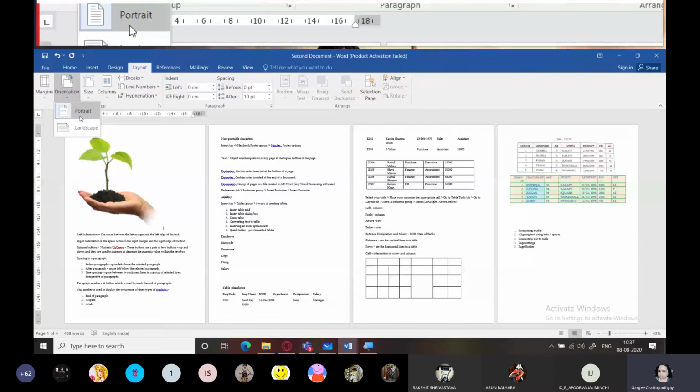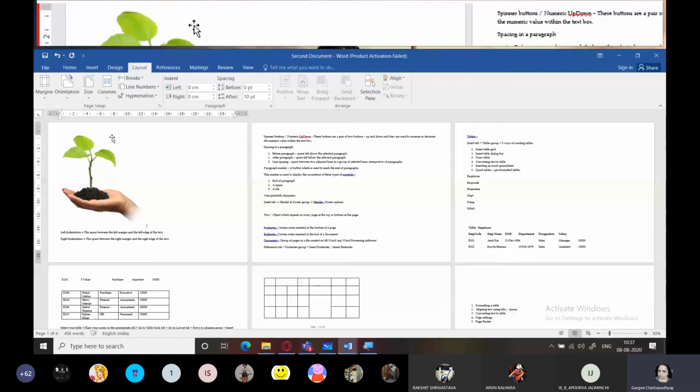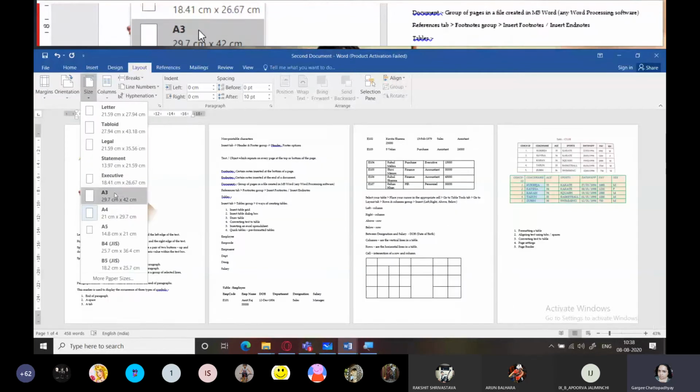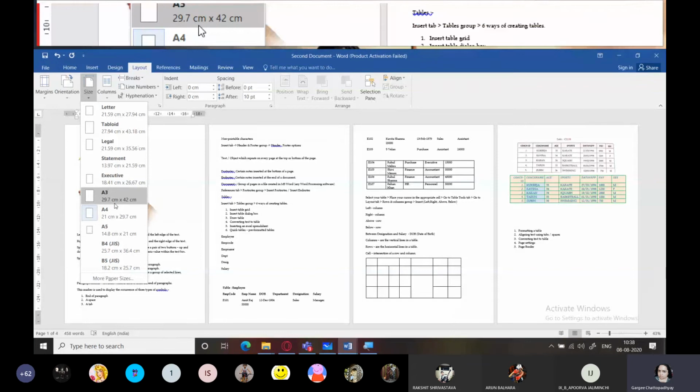Usually landscape orientation is used when you have a lot of data along the width of the page. So you can change this orientation according to that. Next is size. There are some standard page sizes, which are meant for the purposes of printing. Because ultimately, if you are creating a soft copy, some time or the other you will use it for printing. Mostly MS Word or any word processor should have ample options for printing the document also.